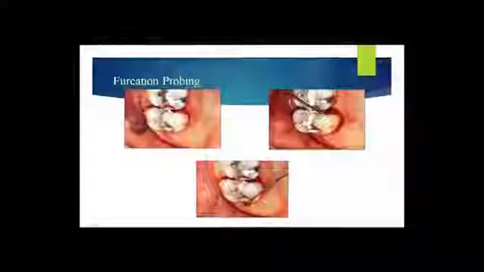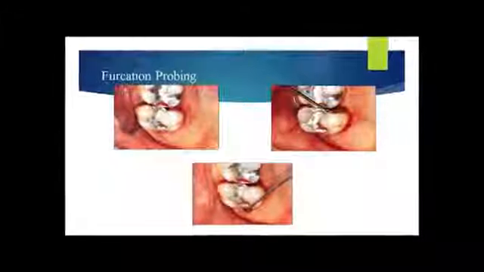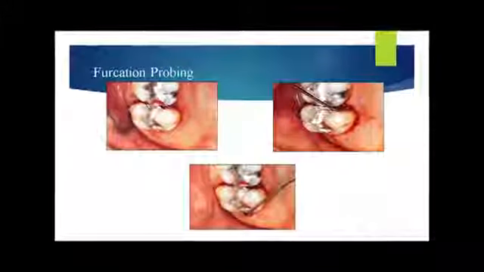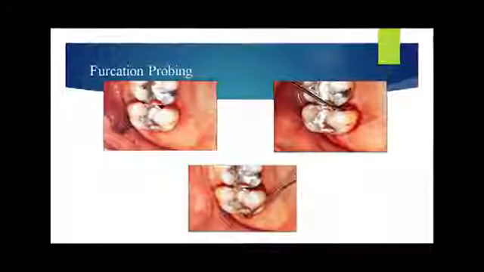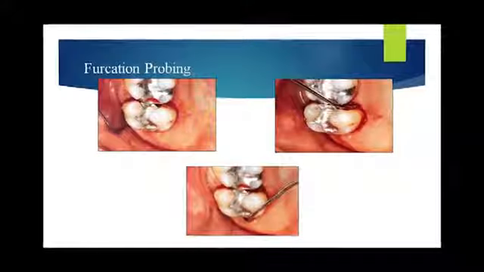So when it comes to furcation probing, you have to know which side to probe. It's not a matter of probing the buccal surface, which is easier for you to see, and then you say that the patient has no furcation. And when you take the OPG or whichever X-ray, you find there is furcation. So it's always important to know the anatomy of the tooth.